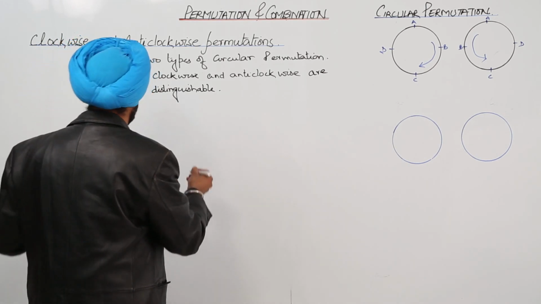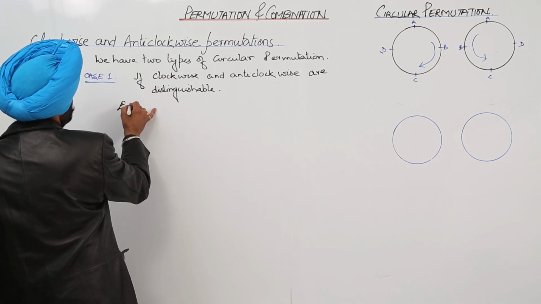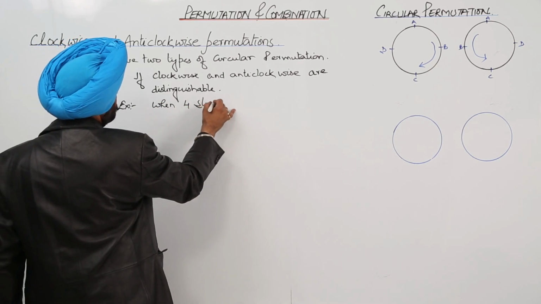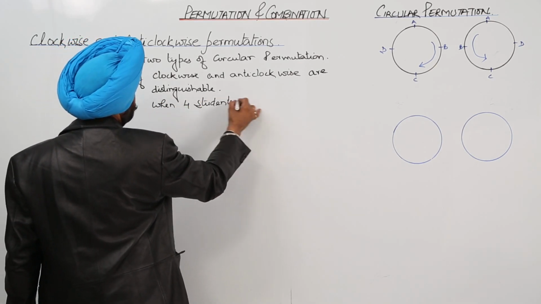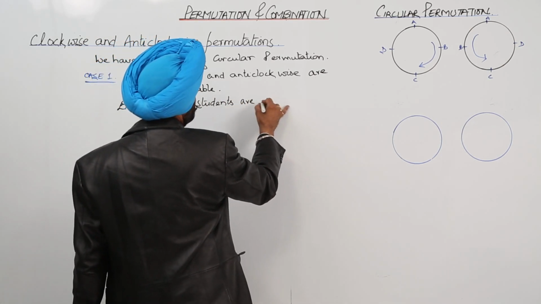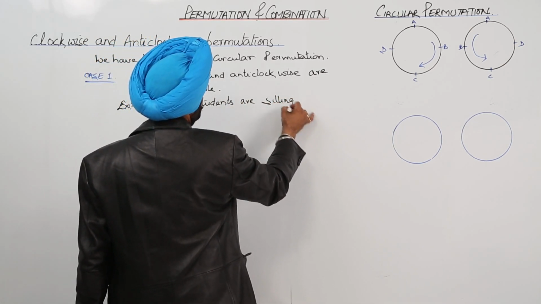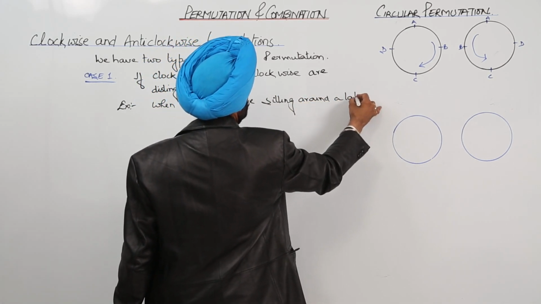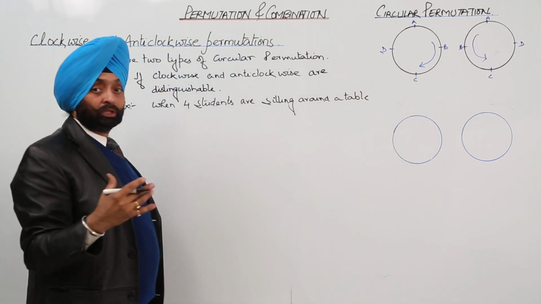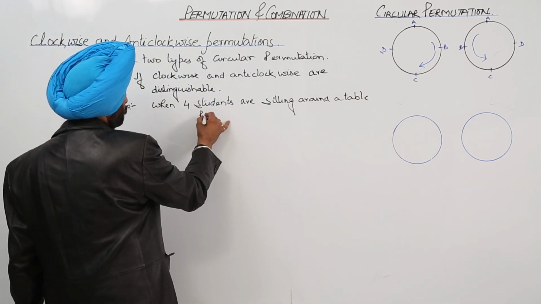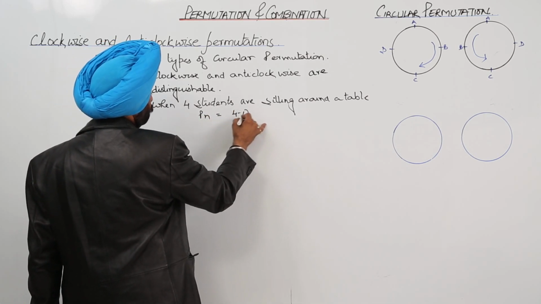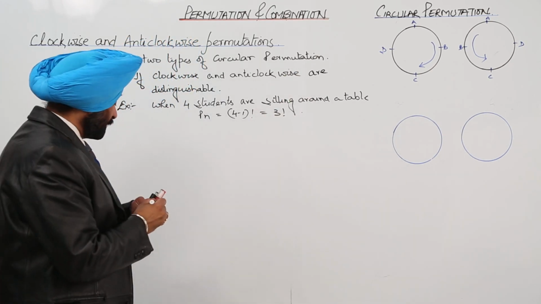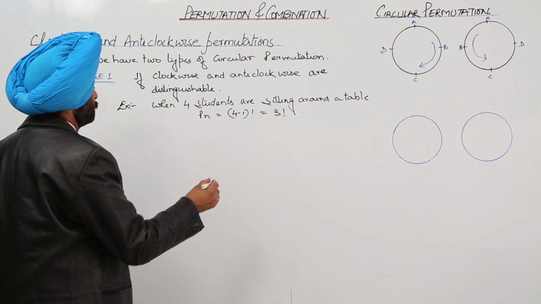Now example, when 4 students are sitting around a table. Now in the discussion part, what we told that what the permutation will be? The permutation will be, for the circular permutation, that will be 4 minus 1 factorial, that is 3 factorial. Okay. So we can go for now